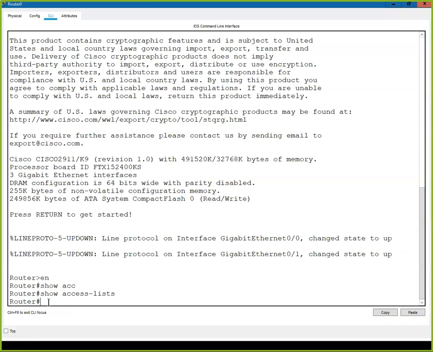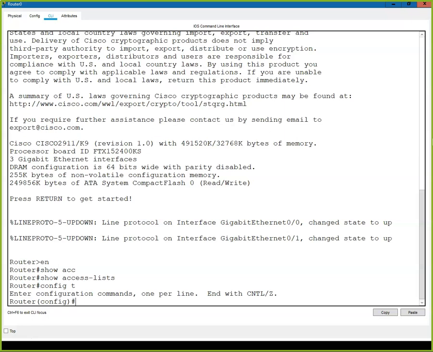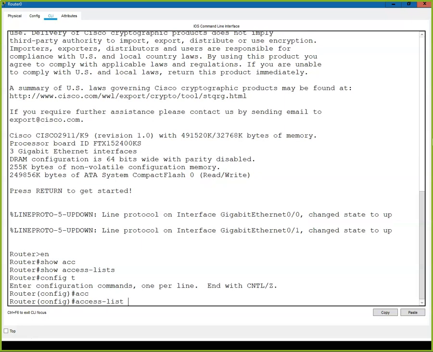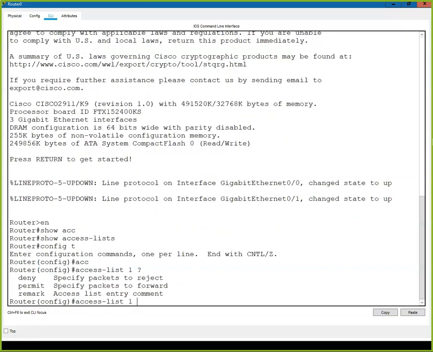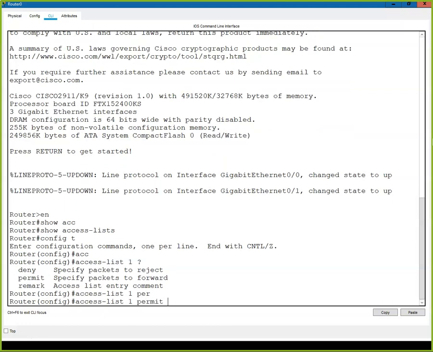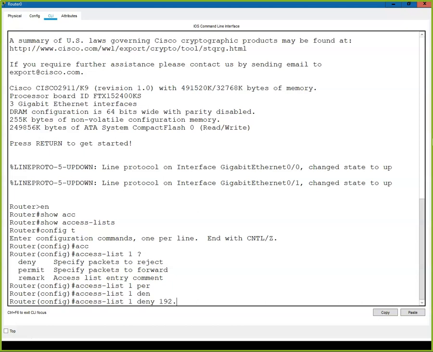So what I'm going to do in here, and we'll do one of each, is access list 1, which would be the numbered list. The next thing we have to do is permit or deny. We can do a remark. Unless I wanted to deny that, didn't I? Deny 192.168.1.2. That should say host. We can use the word host, or we can use the wildcard mask 0.0.0.0, which checks all of the digits. So let's just do host